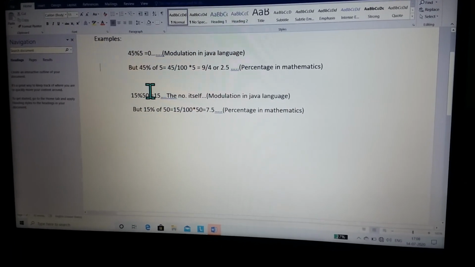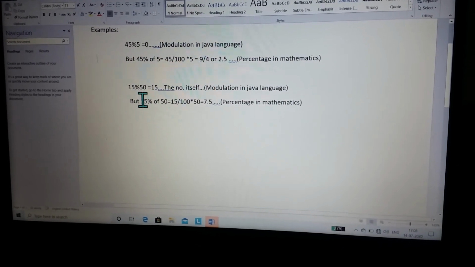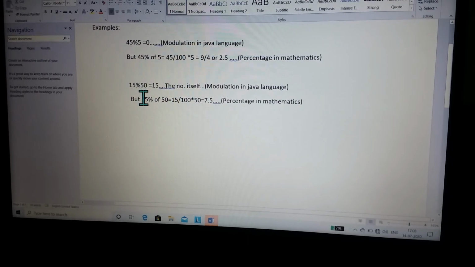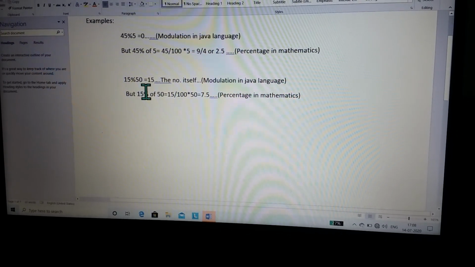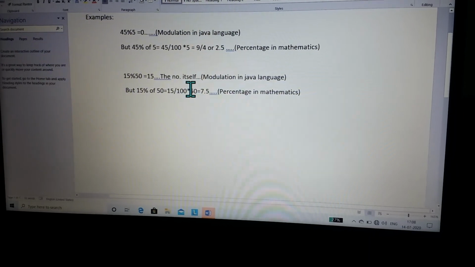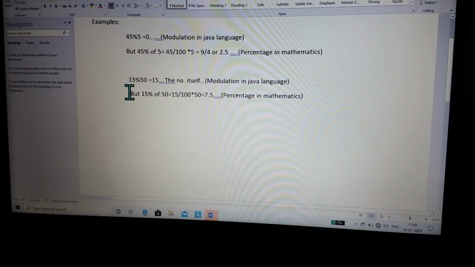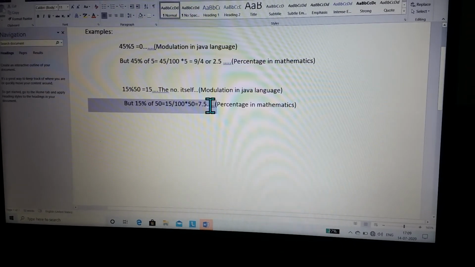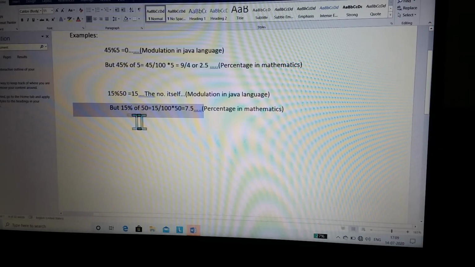Now another example you see here, 15 modulation 50. As I have told you, a smaller number modulated by a bigger number gives the number itself. So here the answer will be 15, the number itself. It is modulation in Java language, but in percentage, what will be our answer? Let's see here. 15% of 50. 15% means 15 by 100.